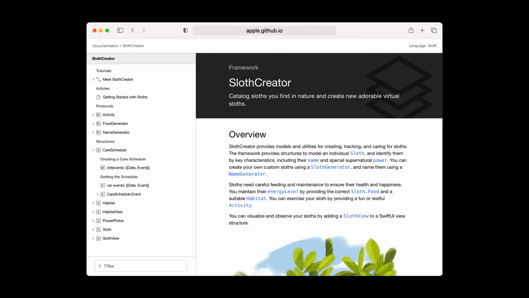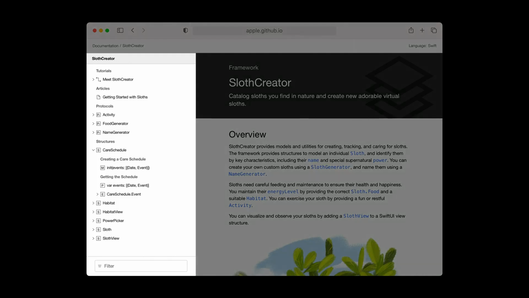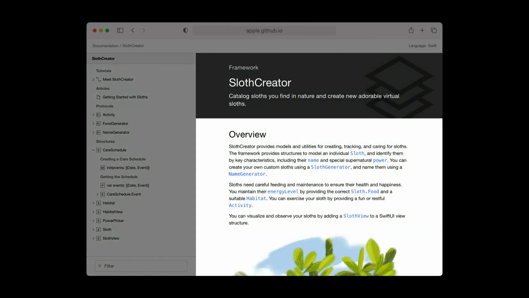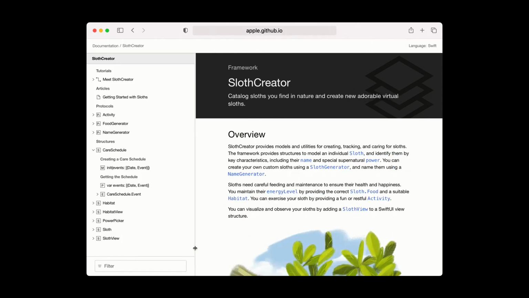This year, when you publish your documentation site, you get a new navigation experience that brings out the best in your content. The page contains two main sections. To the left is a navigator and filter bar that allow you to navigate through your documentation and find APIs quickly. To the right is the content view. It's optimized to be flexible in multiple screen and navigator sizes.